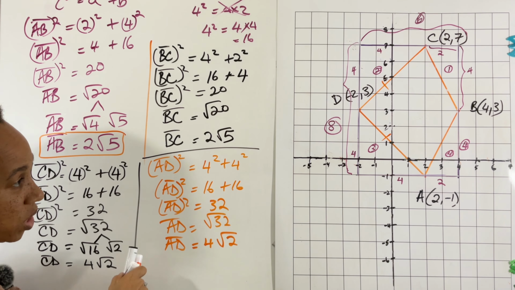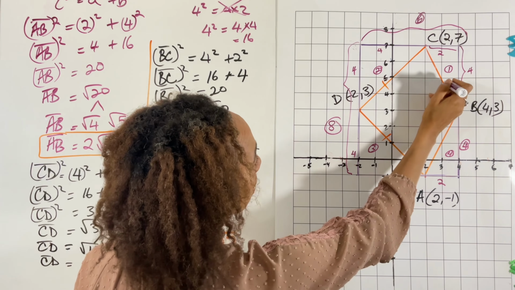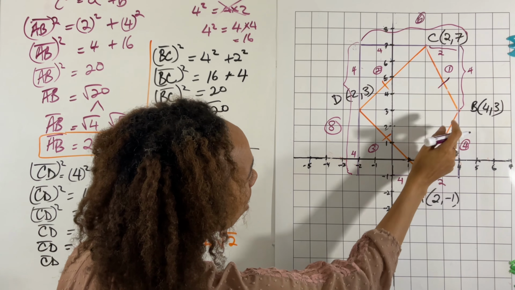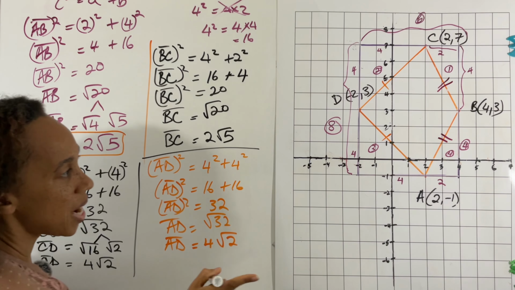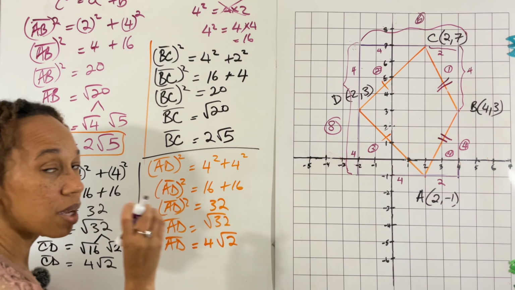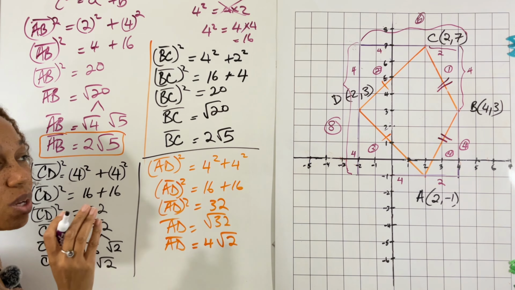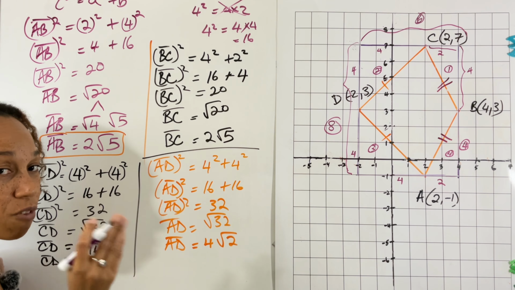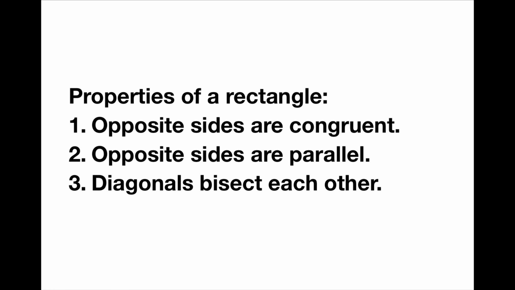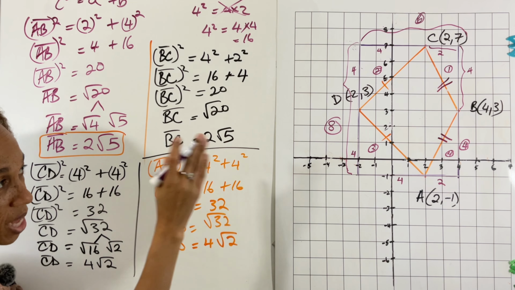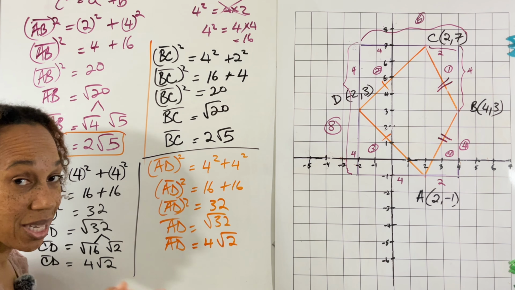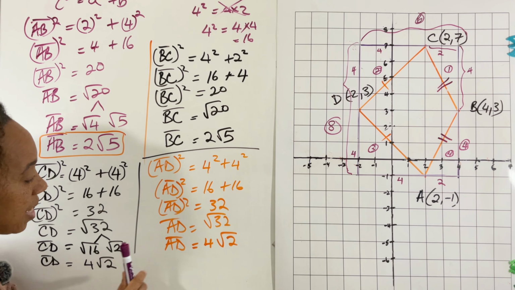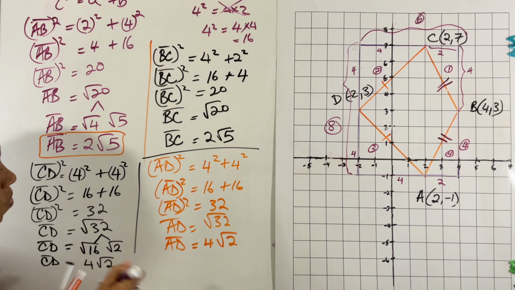But notice that also segment BC and AB are also congruent, but they are not opposite segments that are congruent, and hence that's the reason why it is not a rectangle, because the properties of a rectangle is that opposite segments are going to be congruent and parallel. So this is a quadrilateral, but it is not a rectangle. Hence we can now put all of this together and we can add these and come up with the perimeter